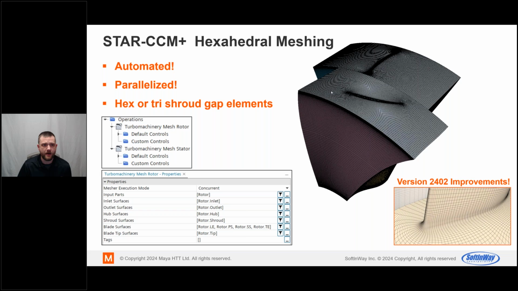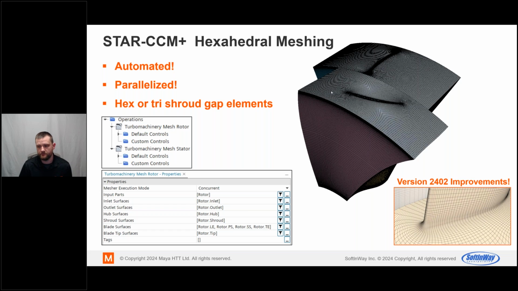Star CCM now has a hexahedral automatic mesher for axial turbomachinery. It also can be parallelized if you're doing multiple stages, so it can be extremely fast. We can use hex or tri elements to mesh the tip gap.